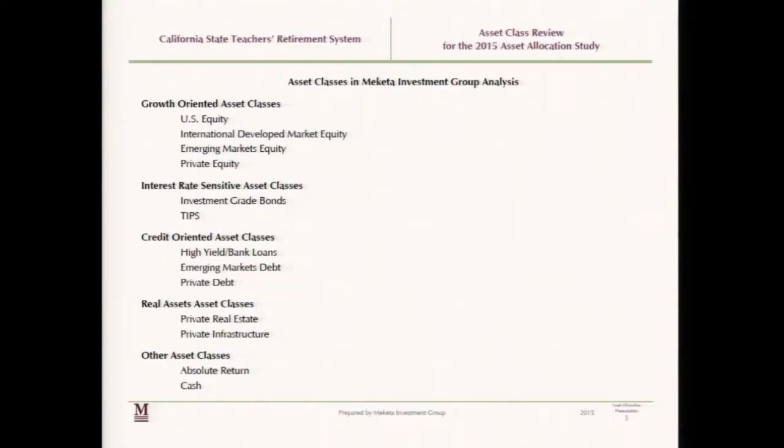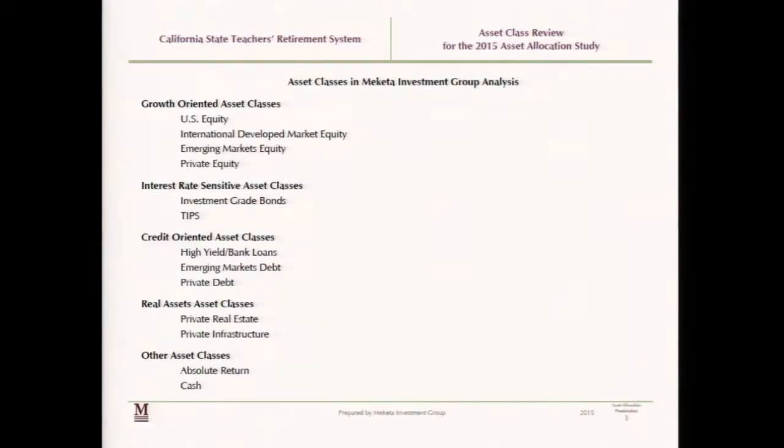Great. So on slide 3, we walk through the 13 asset classes that Makita plans to model for the asset liability study. And we've grouped them into what we'd consider overarching risk factors, which I don't think is that different from what you look at today when you consider your asset allocation in broader buckets.